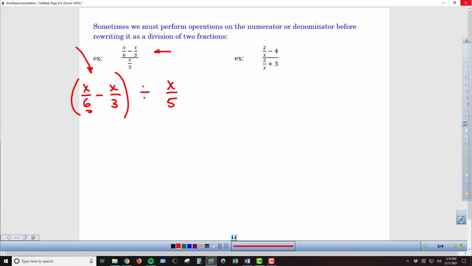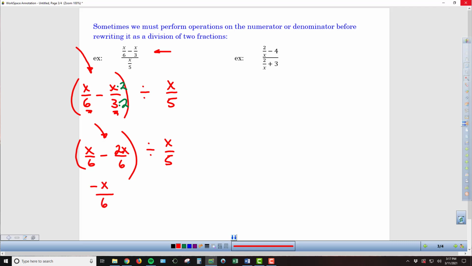Common denominator between 6 and 3 is going to be 6. So I can go ahead and multiply the top and bottom of this second fraction by 2. So what that gives me is x over 6 minus 2x over 6. So that's still in my set of parentheses being divided by this second fraction, x over 5. So if I clean up inside the parentheses here, the numerator x minus 2x gives me negative x, and then